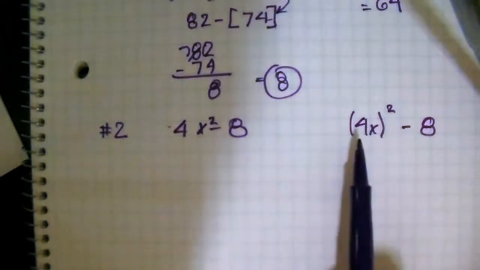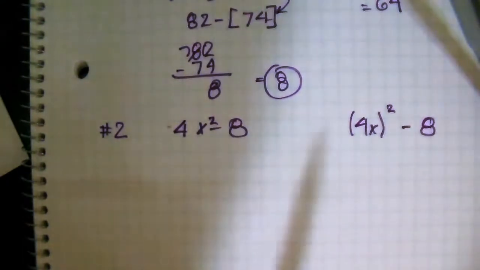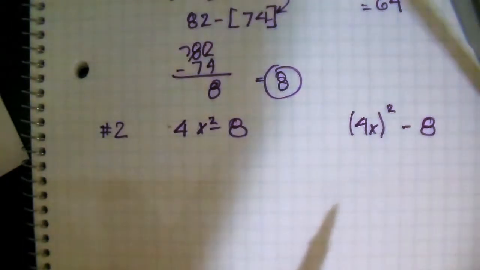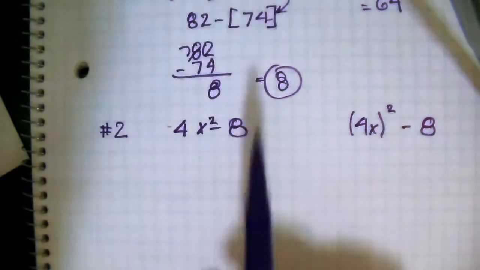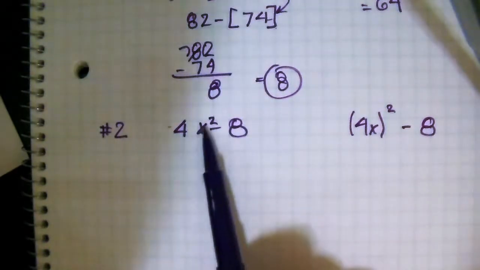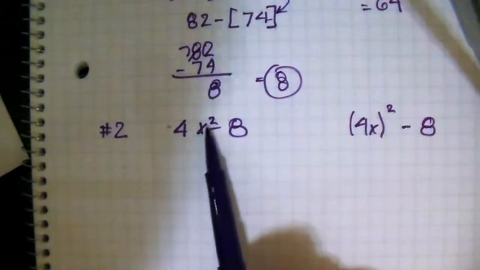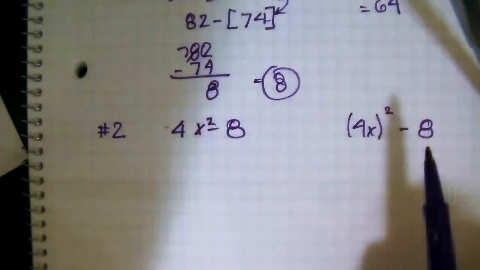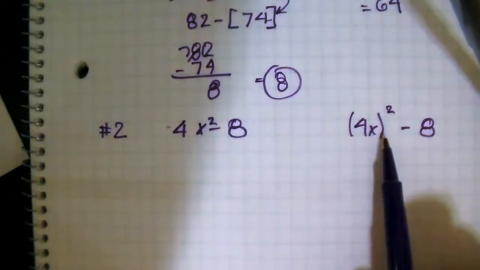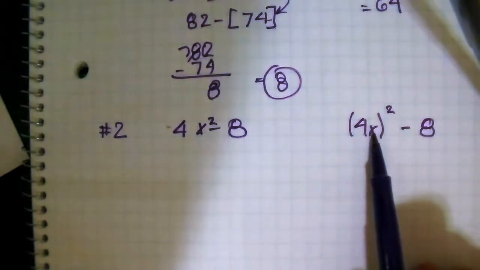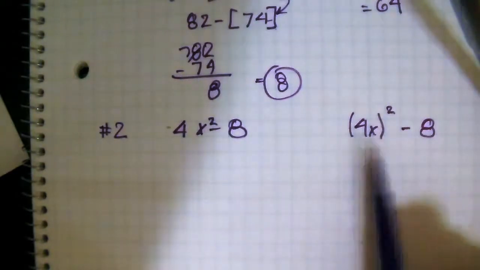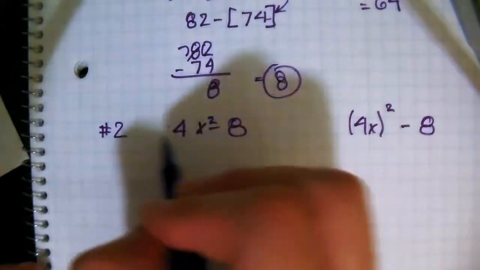So the key difference here you'll see is the parentheses, these grouping symbols. In order of operations, we always do the grouping symbols first. So in this first example, you would just go to squaring this x, because that's the first one we have. There's no grouping symbols, we go straight to exponents. But in this one, you'd have to do parentheses first, so you do 4 times x first, and then square it. So in my own words, I'm going to say,